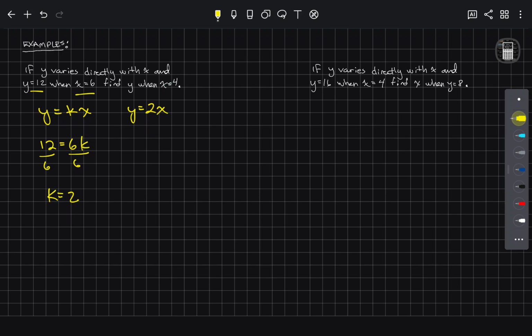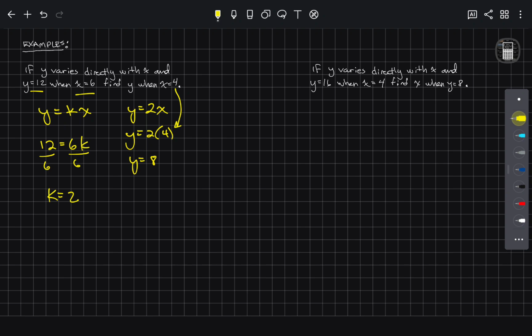Now here's where this third piece comes in. Find y when x equals 4. And it's important to read what information is being given to you, because it could say find x when y is 4. So we're just making sure we're going to solve for y. We're given x. So y equals 2 times 4, the x value that was given. Y equals 8. So if y varies directly with x and y is 12 when x is 6, y would be 8 when